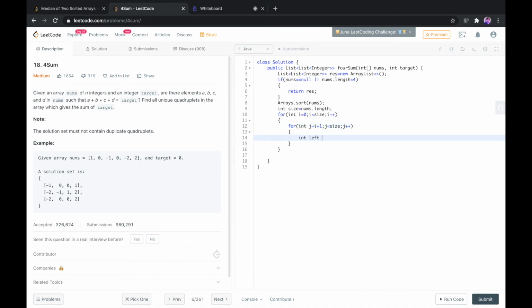So we will be using an approach which is called the two pointer approach. We will be placing a pointer on the left hand side of our array and one on the end of that particular array, and we will be closing them in with each step. That means the left pointer will be moving in the forward direction, whereas the right pointer will be moving inwards to the left direction.